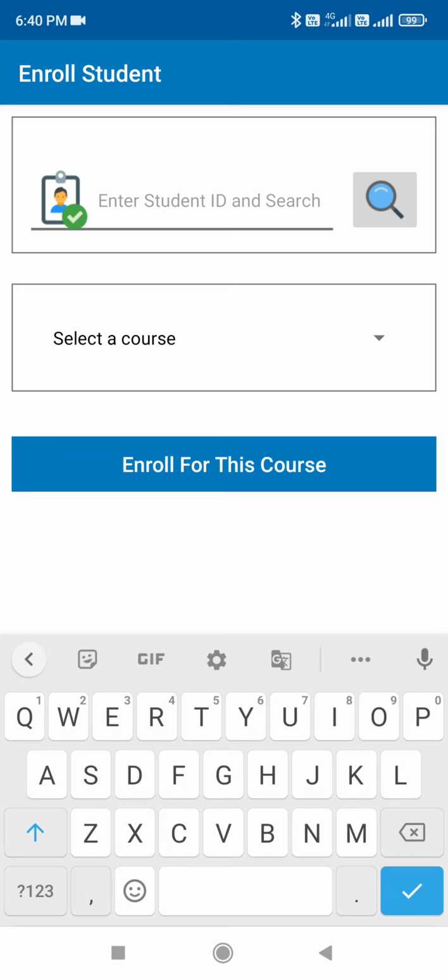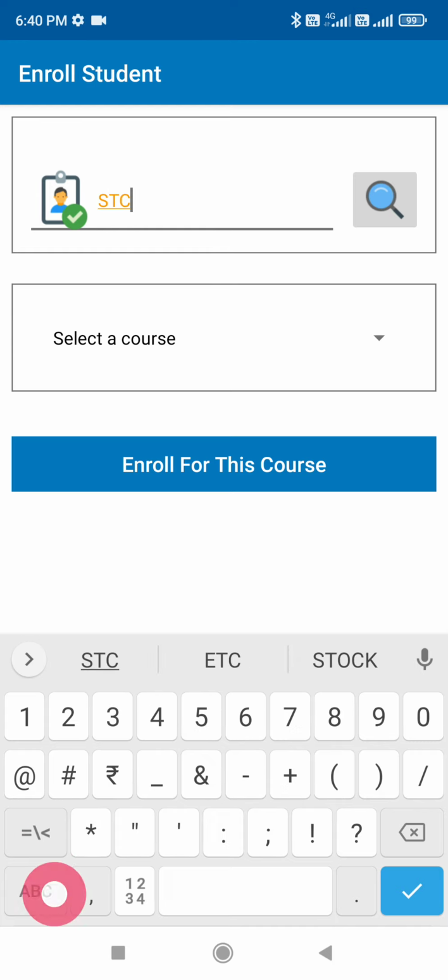Let's take an example of Vishakha Gupta, that we just saw. Her student ID is 5. Now there's one more important thing. Whenever you register a new student, at that time there is an option to send the student ID in the form of an SMS to the student, so that even the student is aware about his or her student ID.